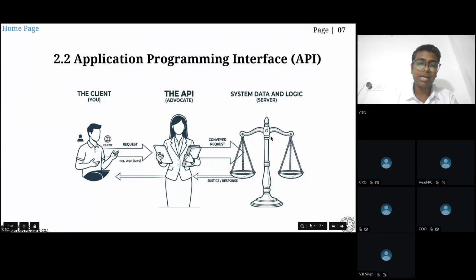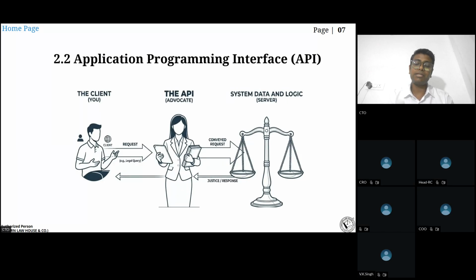उस भाषा में जिस भाषा में सर्वर उस चीज को समझता है। तो again API will encode and decode and then request will be conveyed to server. Then the justice response will follow the same process. It will again encode and decode to advocate. Then advocate will encode and decode to client. So it's a whole process of encoding and decoding because the layman doesn't know the legal words। इसलिए बहुत ज़रूरी होता है कि एडवोकेट उन चीजों का यूज केस भी जाने, उनकी टेक्निकलिटीज भी जाने और उसे किस तरीके से लीगल सिस्टम में डिलीवर करके वहां से जस्टिस लेना है वो भी जाने। तो एडवोकेट इज़ द API।